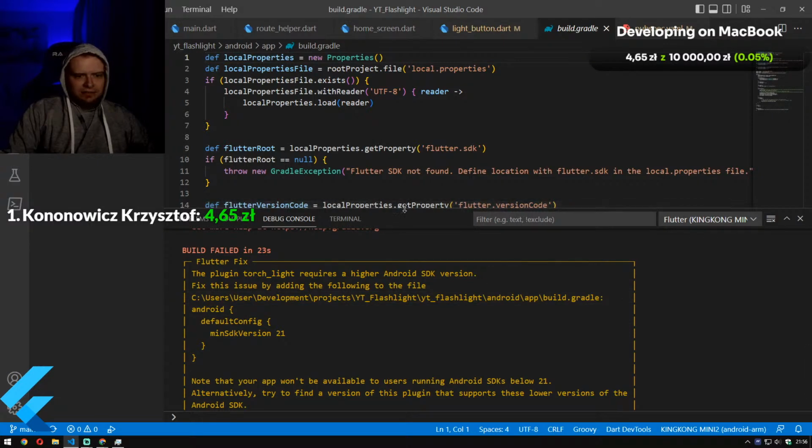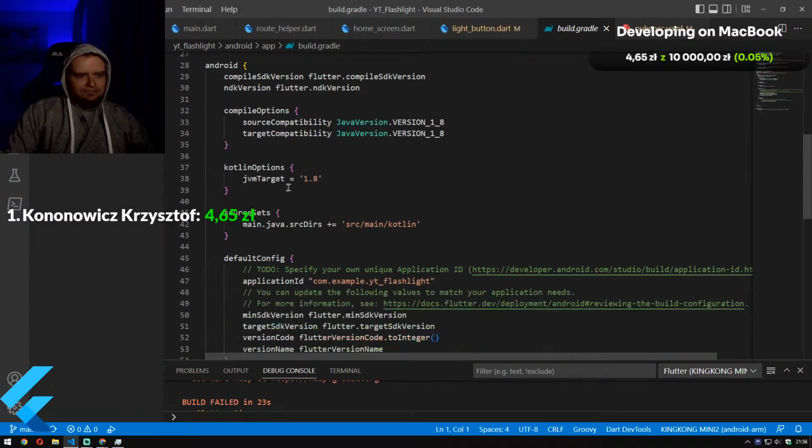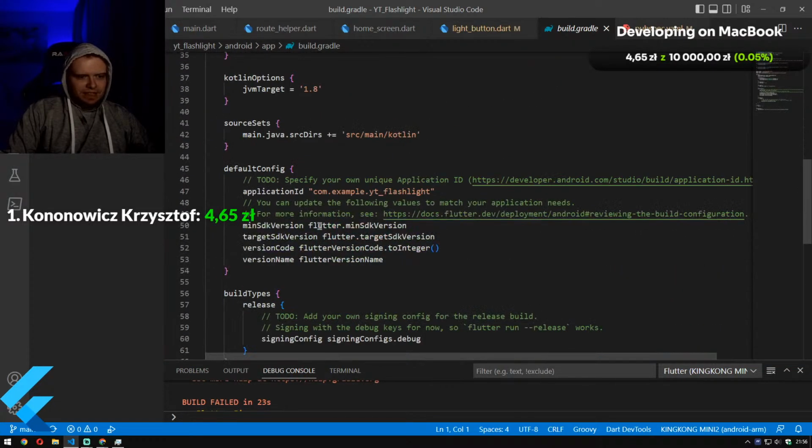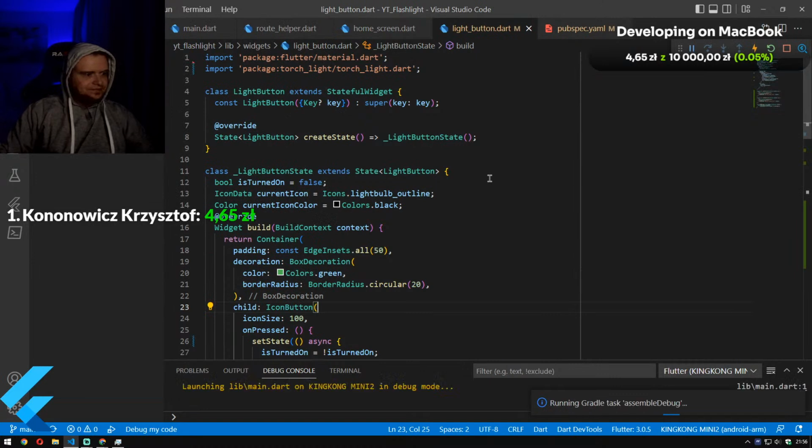In the build.gradle file, we should have somewhere the minSdkVersion, and here if we change it to 21 and save it and run without debugging again,